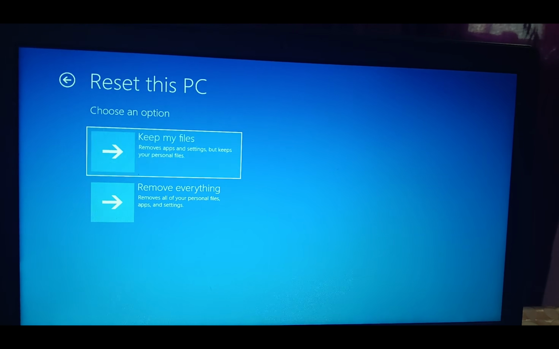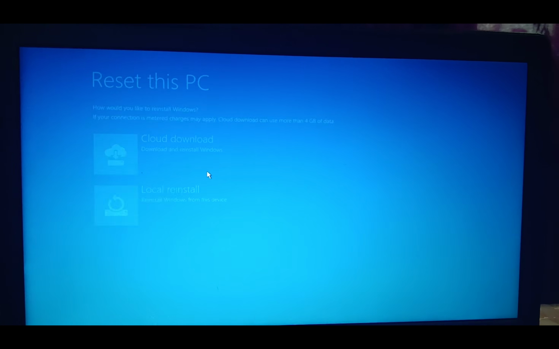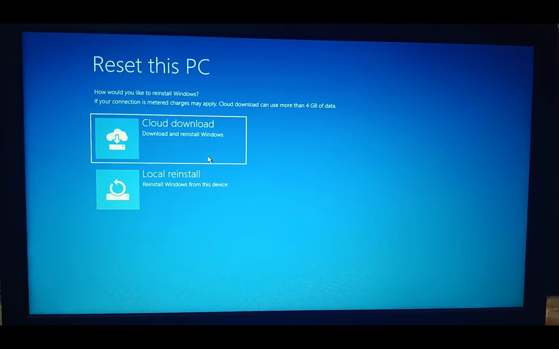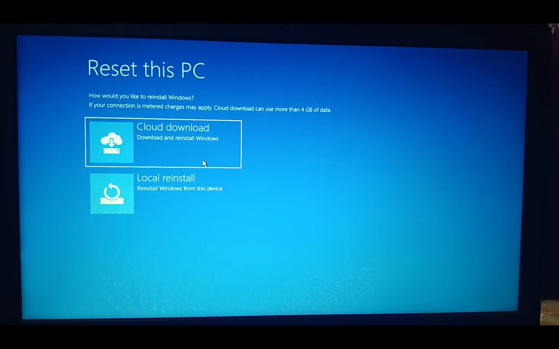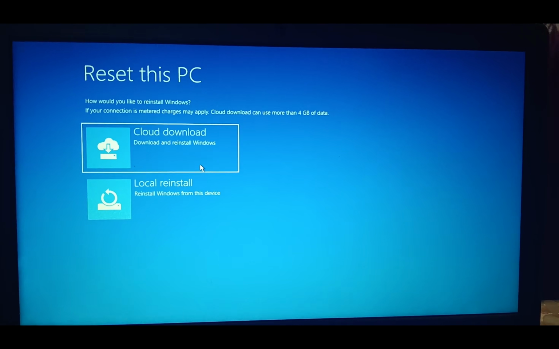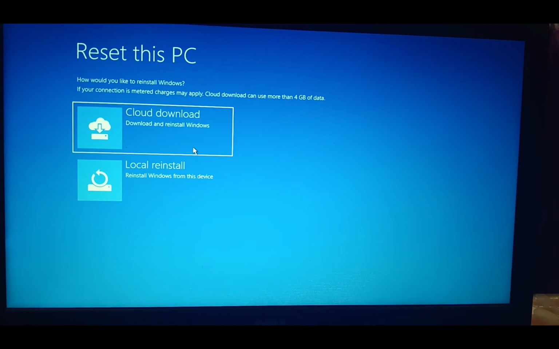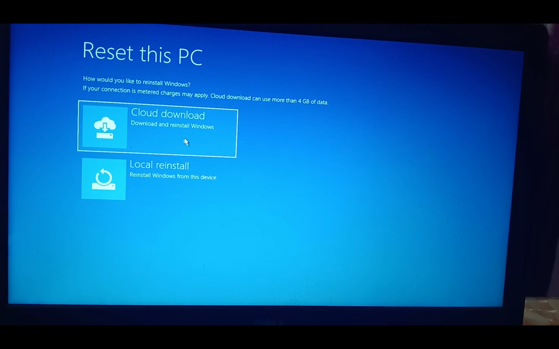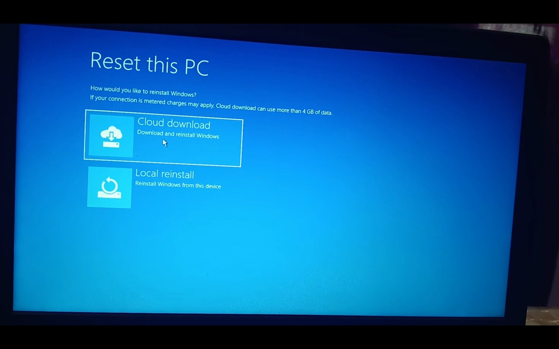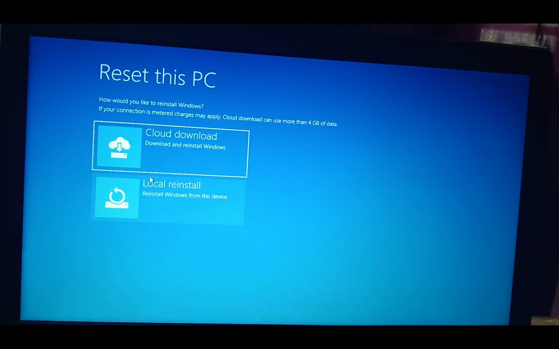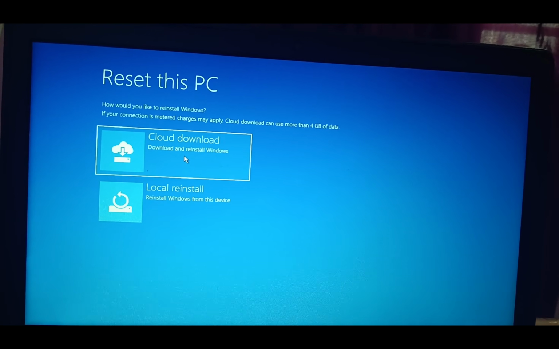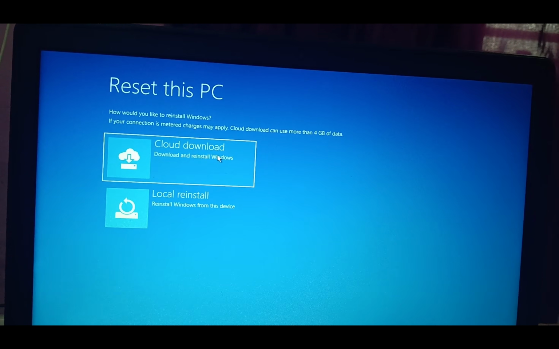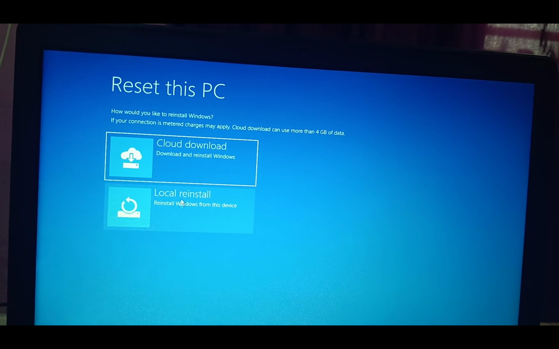Press here keep my files. This will only keep your data, the personal files if you have videos and any files on it, but MS Office and all the installed applications will be wiped out and deleted, but only data will be saved, and your licensing will also be saved with resetting your PC. But if you want to reinstall a fresh Windows with a bootable pen drive, you have to back up your key also. And here I suggest you choose this option, cloud download. If you have enough data, it will take 4 GB of data. If you have limited data, go with local reinstall,